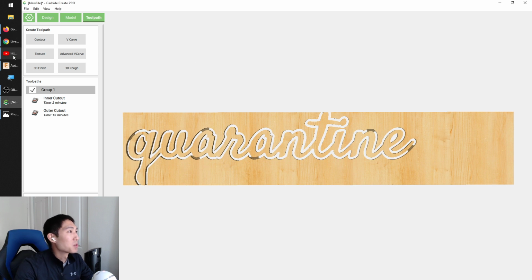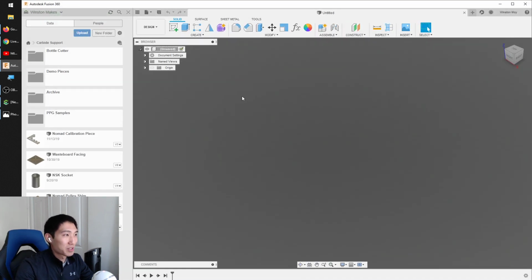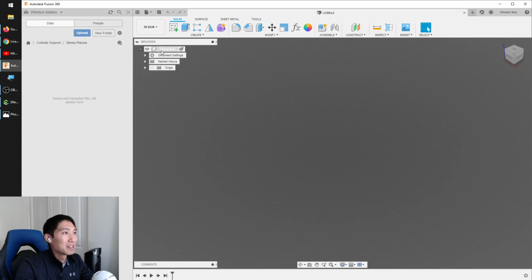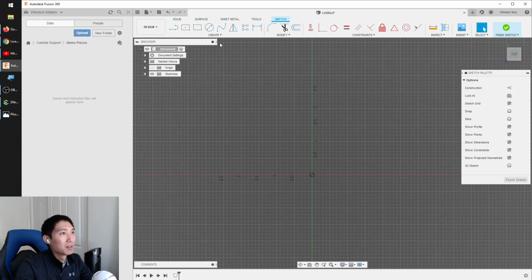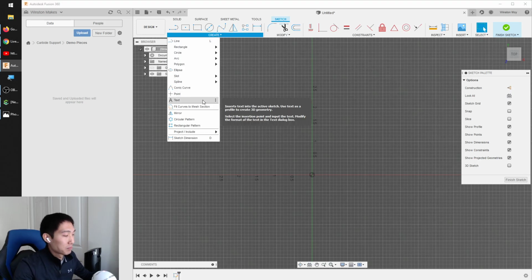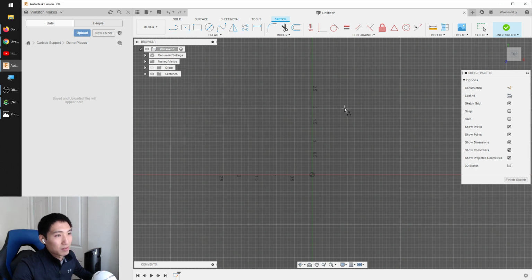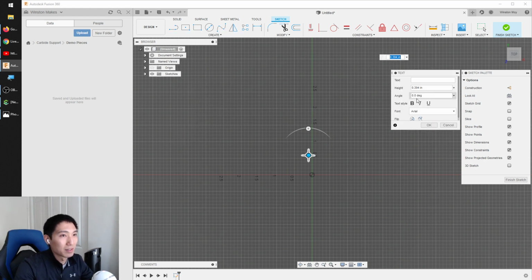Very nice. Cool. So Fusion 360, you all know this is my one true love, and in here, when you start sketching things out, you're going to want to make an extruded body from your text. When you make a sketch, you can create text with the text tool,